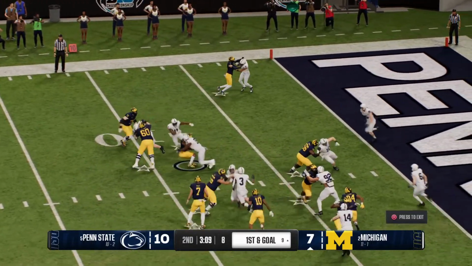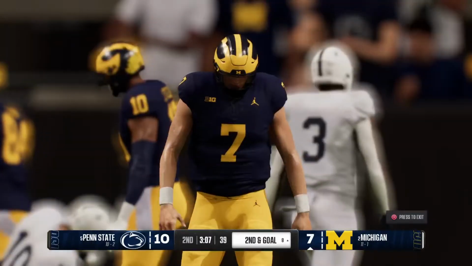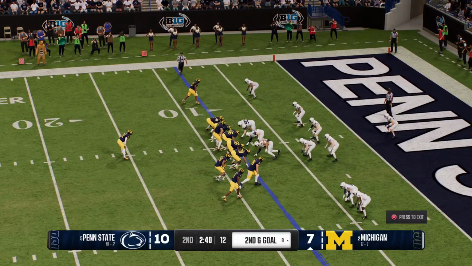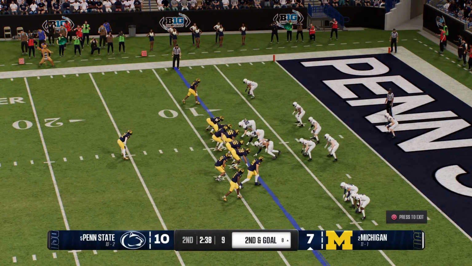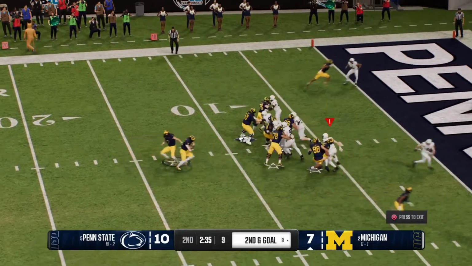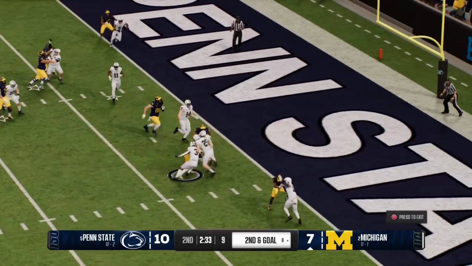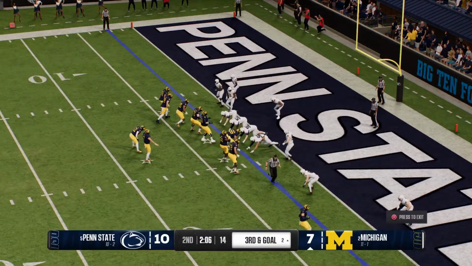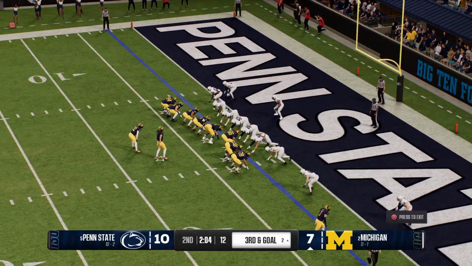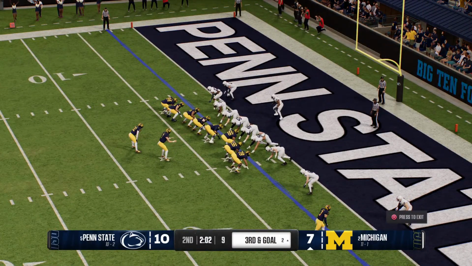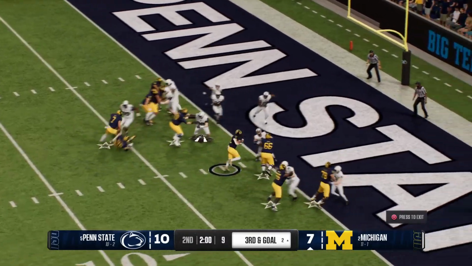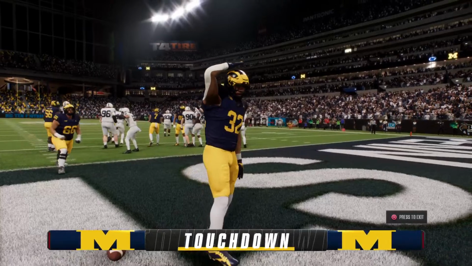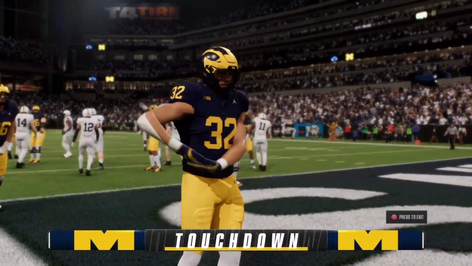First and goal, handoff. And the freshman brings him down quickly. Offense facing second and goal. Tailback tests the middle of the defense. And he's finally tackled down at the 2-yard line. Third down here. Time for perhaps one more play before the 2-minute warning. Keep it on the ground, trying to power in for the touchdown. Muscles across the goal line. Touchdown, Michigan.